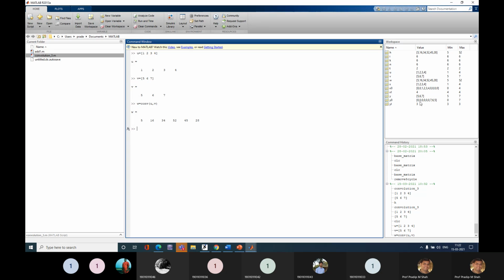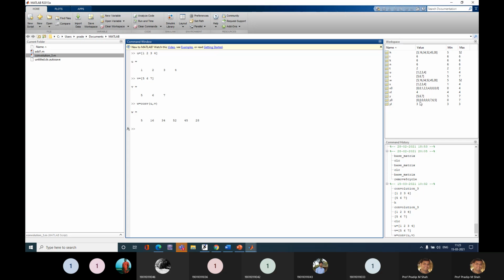There are two or three methods. One is the tabulation method. Have you learned the tabulation method for convolution in the theory class? Yes, sir. Okay, so then you can simply verify it by writing 1, 2, 3, 4 in one column, and in the same way 5, 6, 7 in a row. So that will be 4 columns and 3 rows.